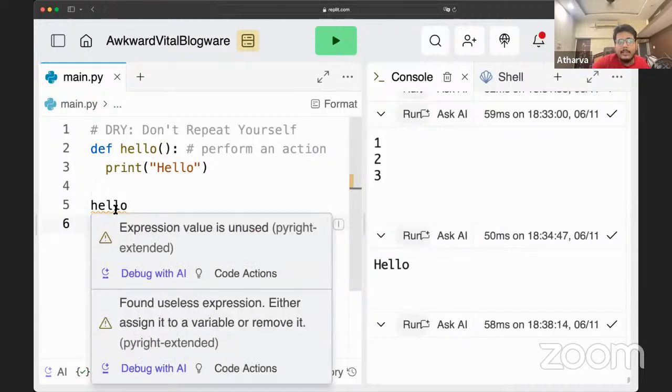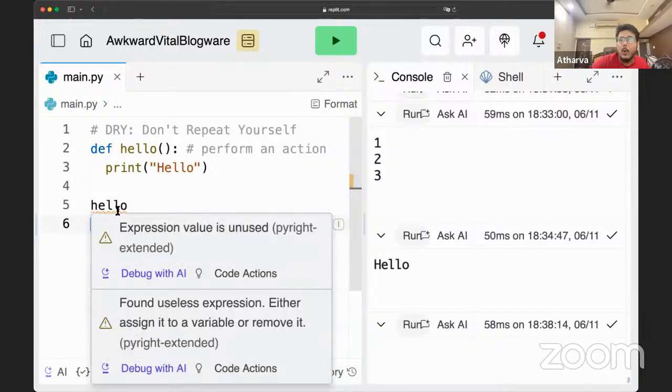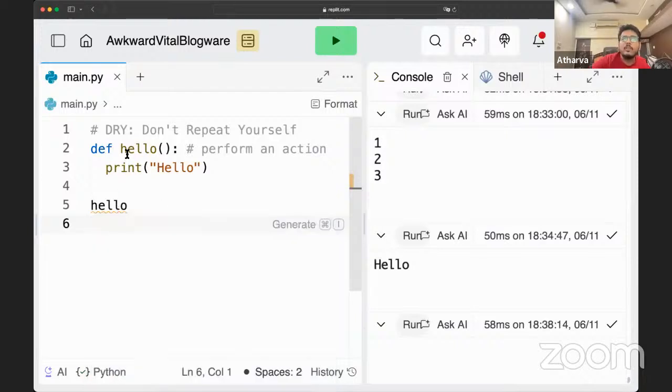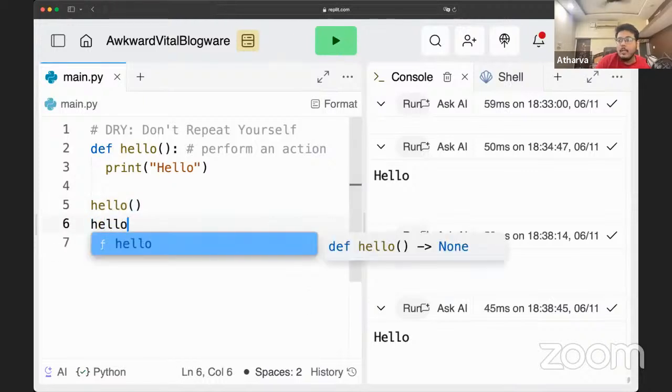Now I'm doing this, but this is just an expression. It is not invoking or calling it. People use different terminologies; I use invoking or calling. So you need to call this function as such, and then it will print hello. Or if you want to reuse this, is my voice clear to everyone?